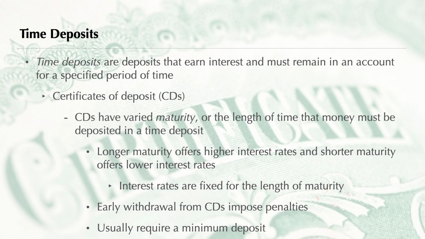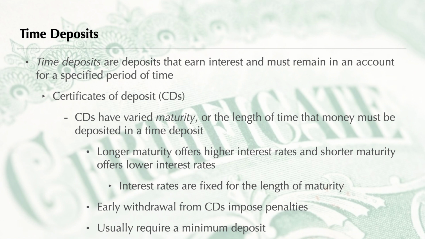Monique may decide to deposit her money for a particular length of time. If she does, she will receive a certificate of deposit, or CD, that represents her funds. The length of time that money must be deposited is called the maturity. The maturities of CDs range from less than a month to several years. CDs with longer maturities generally offer higher interest because the higher rates compensate for reduced liquidity.